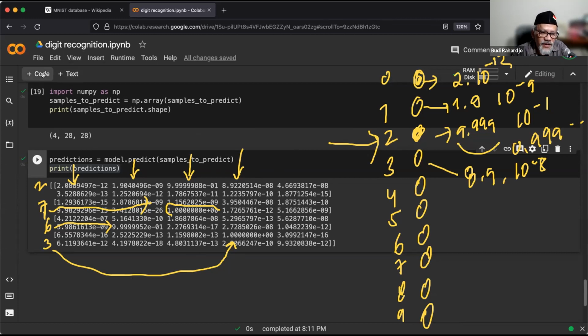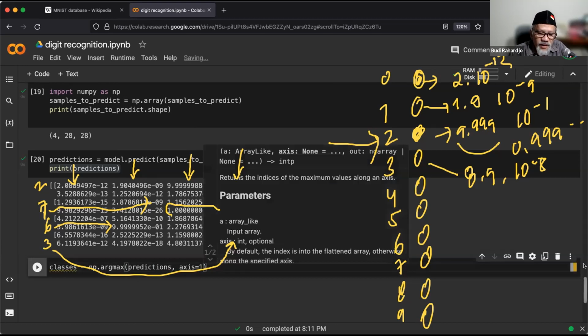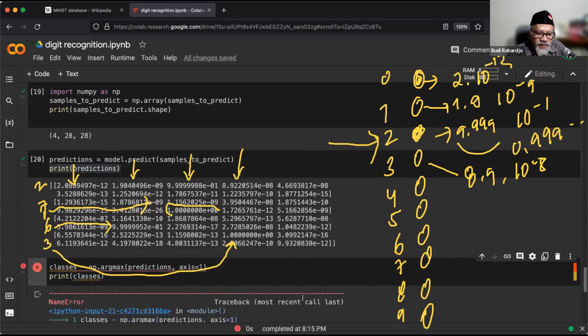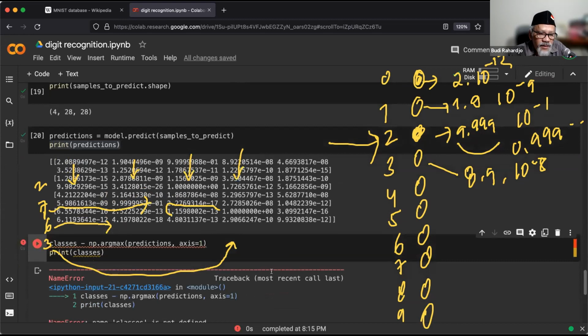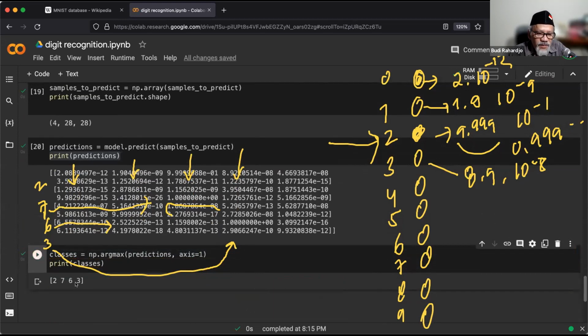Oke, let's see this. Now we can do this classes. Ya kan ini gitu ya. Argmax ya. Predictions, axis sama dengan 1. Oke. Sekarang kita print classes. Oke, benar nggak ya? Coba ya. Print. Sorry, sama dengan ini kok. Oke, nah dia bilang tuh